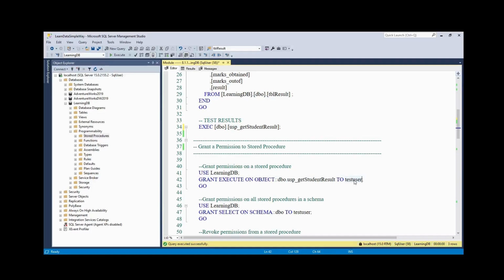Very simple text, you just understand it as what kind of grant you would like to grant to the user. Then you want to allow the user an execute permission on which object? On an object called USP get result. And then to which user you want to grant this permission is this user. Okay, so that is how you will grant the permission on a stored procedure. So first of all, we will just execute it. Now, after executing this,